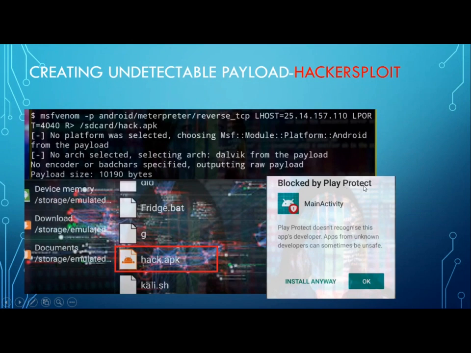The victim will get an alert saying that Play Protect doesn't recognize this app's developer. Unknown developers can sometimes be unsafe, so it is giving you an alert or warning. So you have to make sure this is not the right one to install. What the victim will do is automatically click on OK and get out of it.